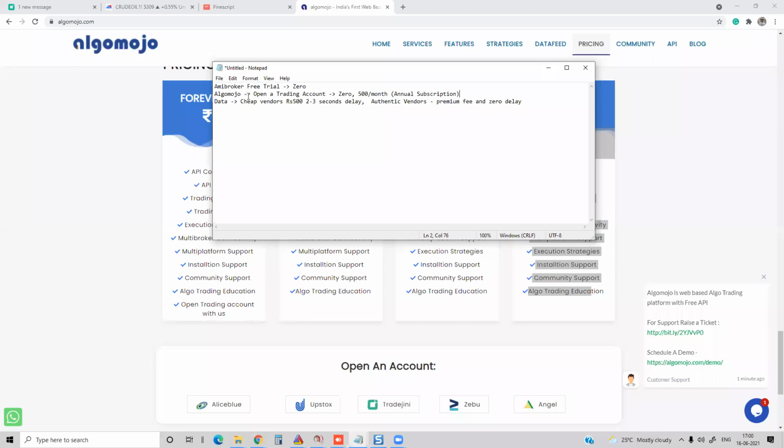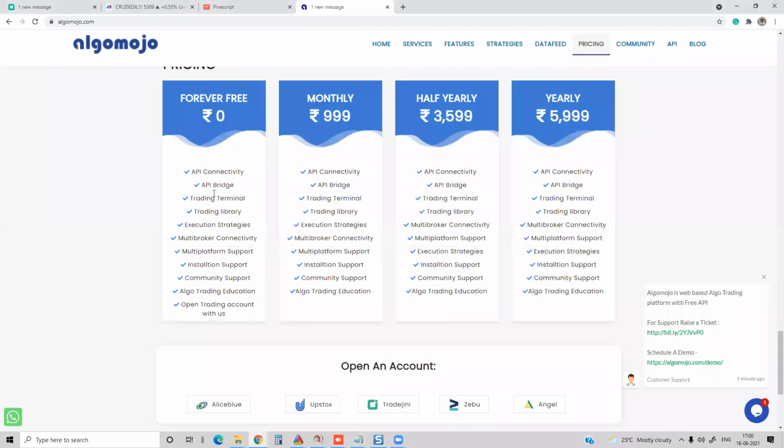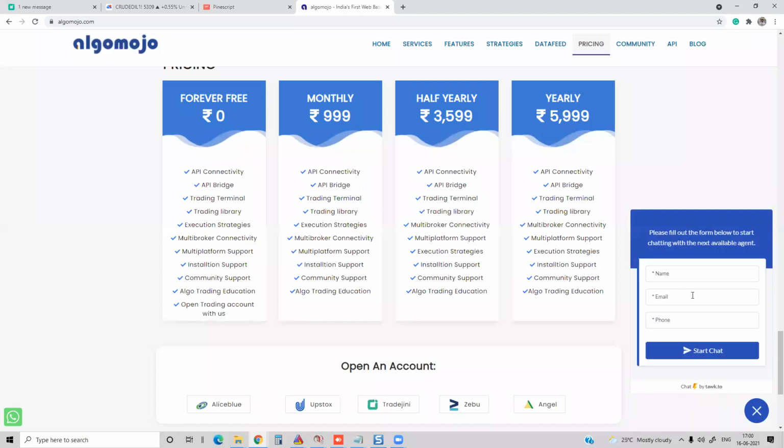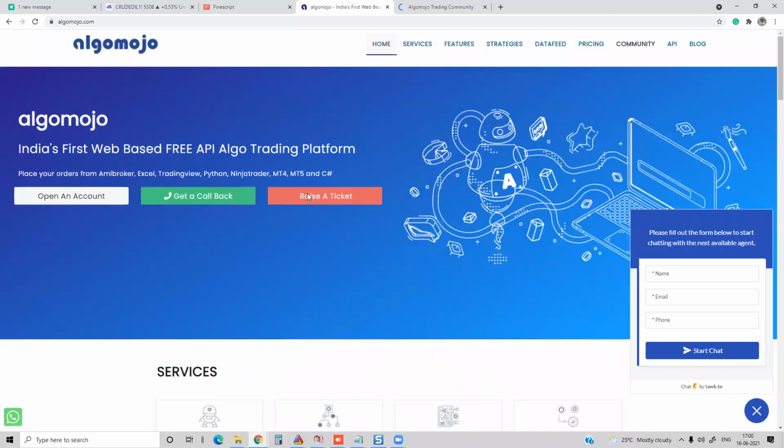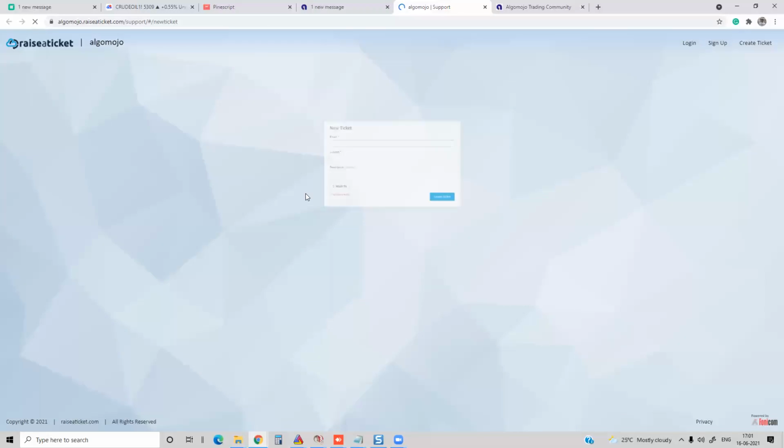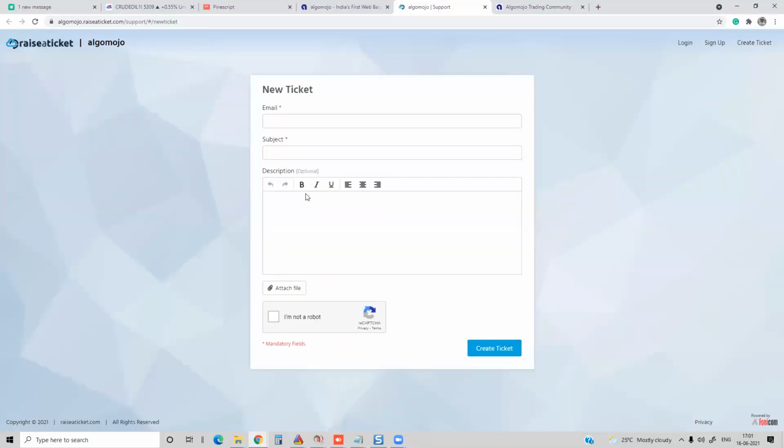If you have your own data and your own trading strategy, the cost of doing algo for the trader comes at zero cost. There won't be any bridge requirement the trader needs to come up with. They can simply open a trading account and start accessing the support services as well. You can see the support services over here, chat support. We also provide community assistance, the community support. And we also have ticketing support, so you can raise a ticket if you're facing any issues and you want our tech team to get into it and solve it on priority.